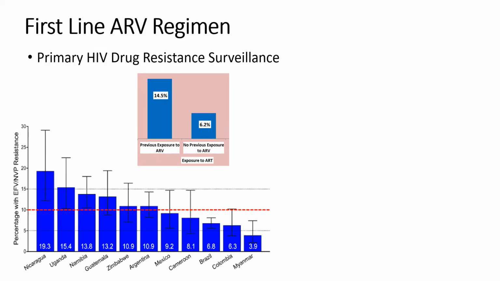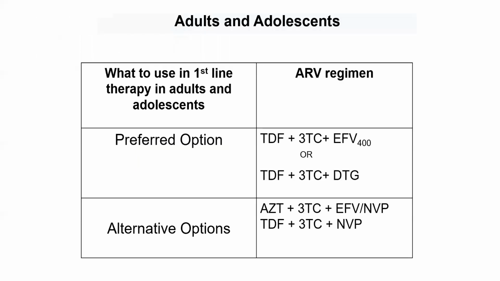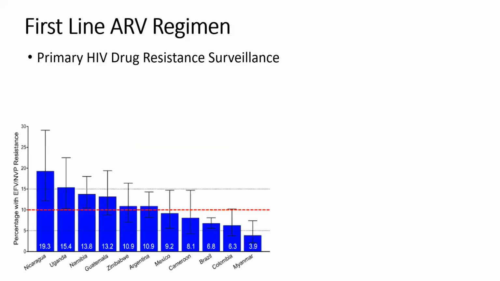One of the reasons why we are moving away from efavirenz 400 to DTG is because of this concept of primary drug resistance. Within our country, we have got systems which we use to try to monitor drug resistance. So I think we have got the early warning indicator system, which is used to monitor the prevalence of